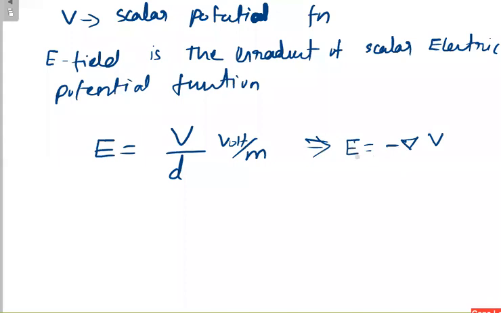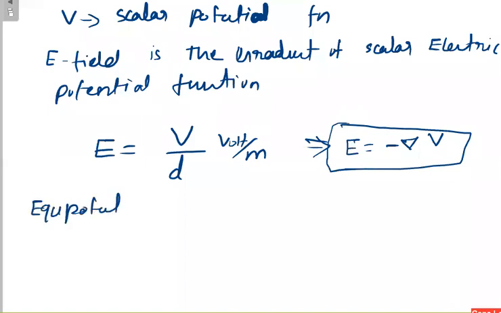Now electric field is equal to minus del V. Again, this is similar to this one only. Whenever the relationship between the variation is linear, you can use a very simple formula. If the variation is irregular, you have to use the differentiation formula. Whenever you have irregular variation, differentiation and integration come into the picture. So this is the generalized formula: E is equal to minus del V. Now we'll see what is equipotential surface.